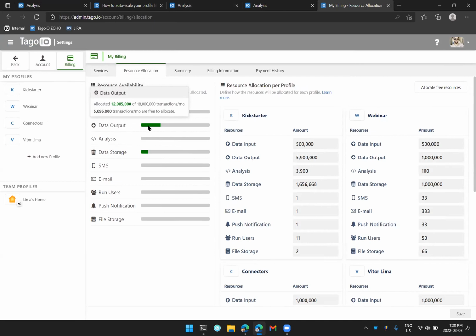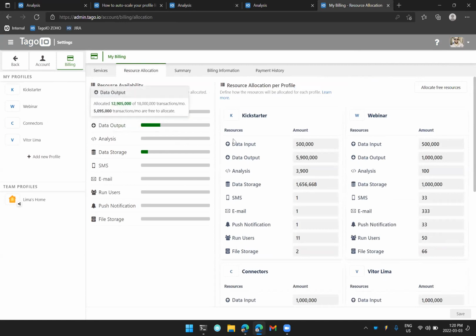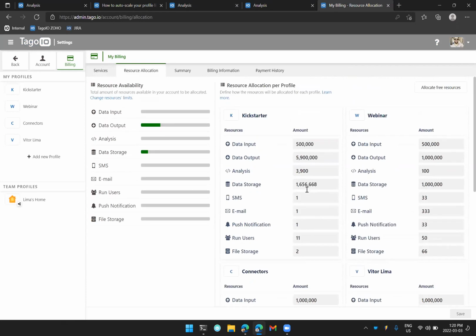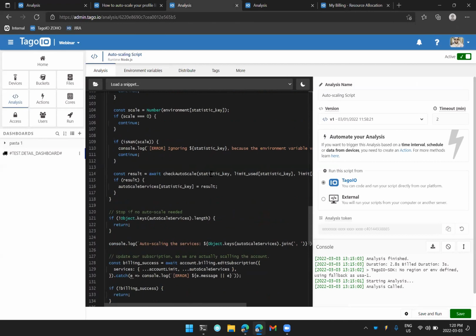And I don't know why you would have that, but in some cases you can. Like I have here, I have that output available, and I did not allocate this resource to any of the profiles. So you can customize the script to read the resource available in your account and distribute it instead of